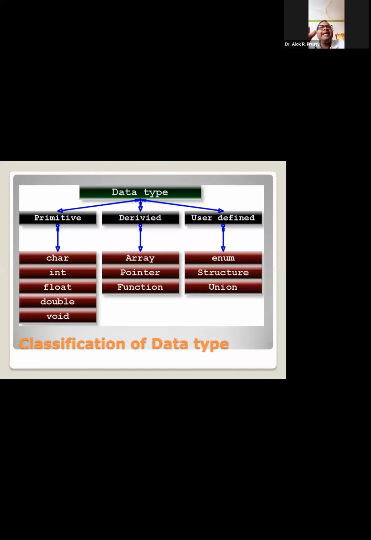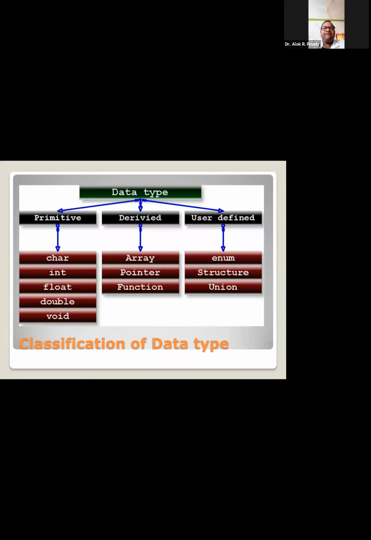For example, my name is Alok Ranjan Prashni, and if I ask what is the first character of my name, definitely the answer will be A. What is the second character of my name, then definitely the answer will be L. What is the third character, the answer will be O. That means whenever we are discussing alphabets, we are telling all alphabets are one individual character.